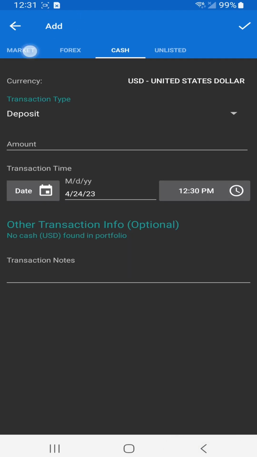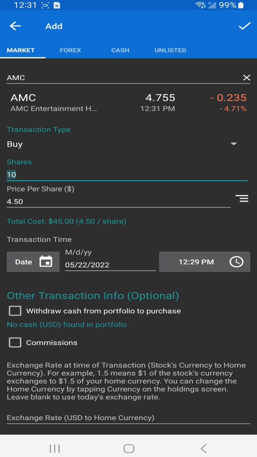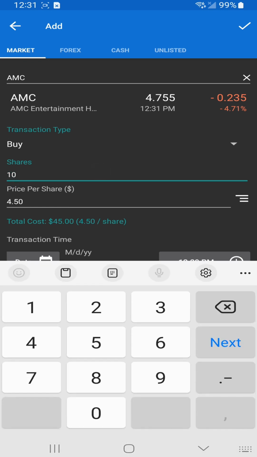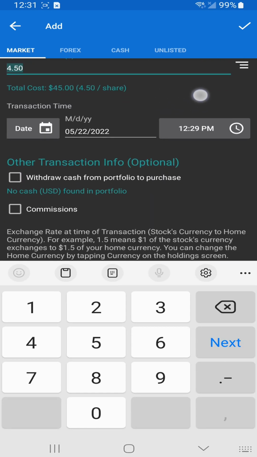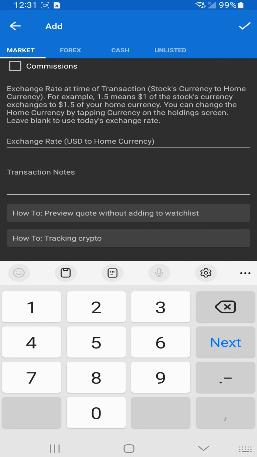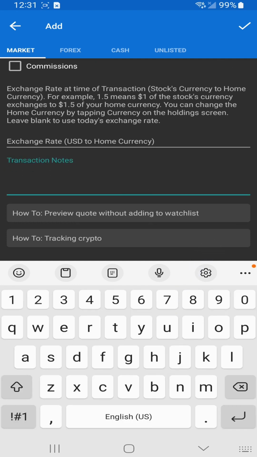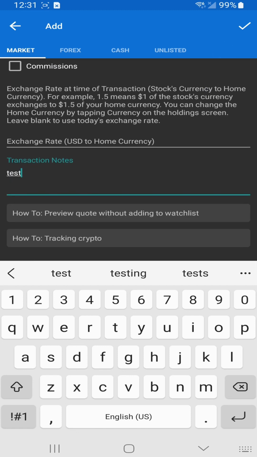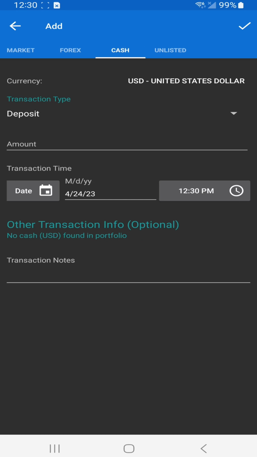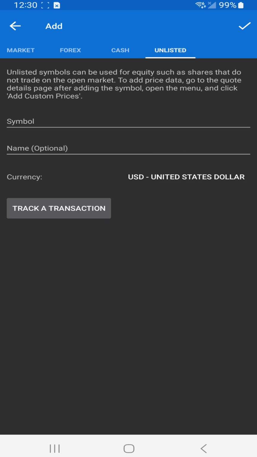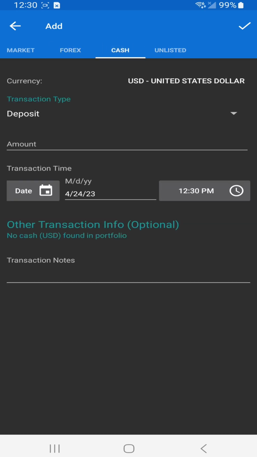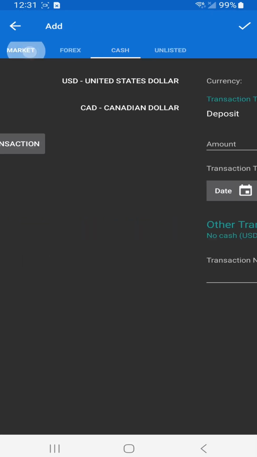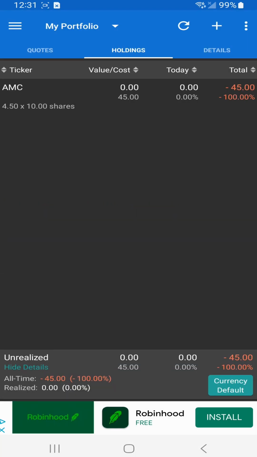The notes feature here is a very useful option to have, especially because when you're buying or selling things, it's important to note what you have or what you're buying or selling, or any other type of trivial thing that you want to note on there. So for the purpose of this video, I put in the test just to let you know that it is active and something that you should use. Just to give a quick visual of what the other options like Forex and cash and the unlisted look like, I just scroll through them. Now that we have our first stock in here, you can see it shows up in